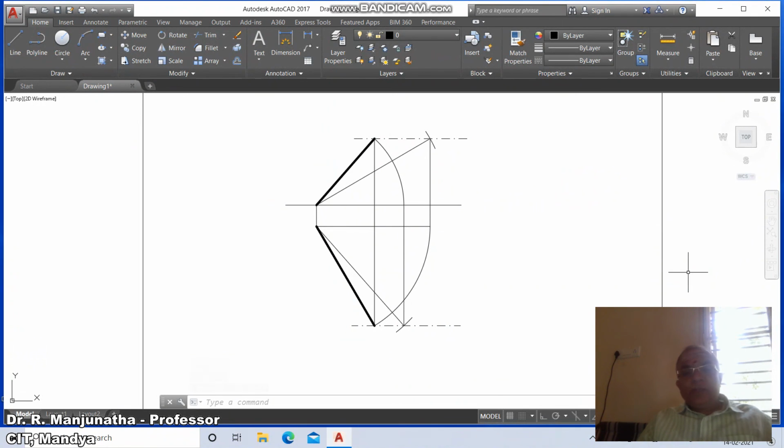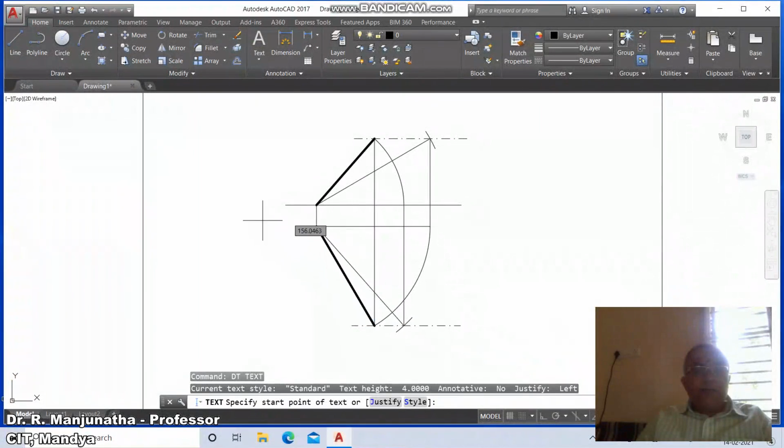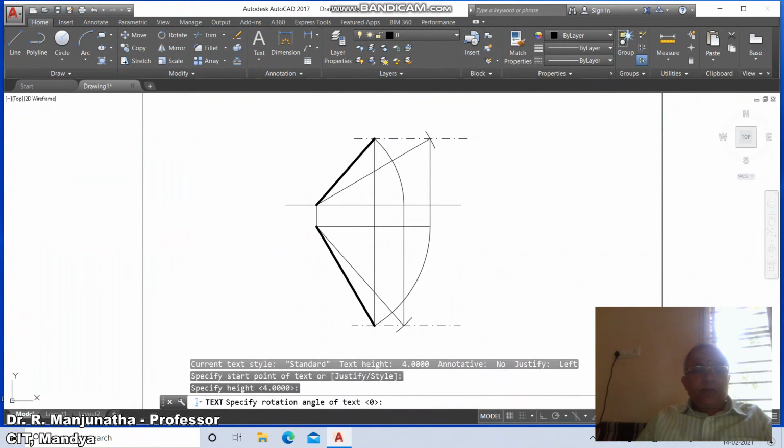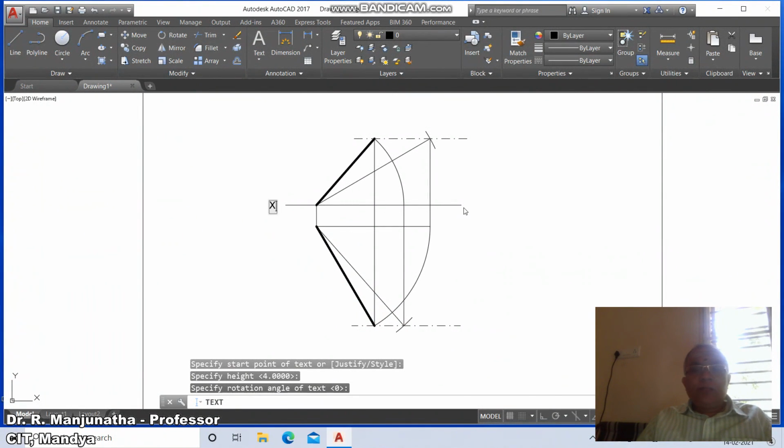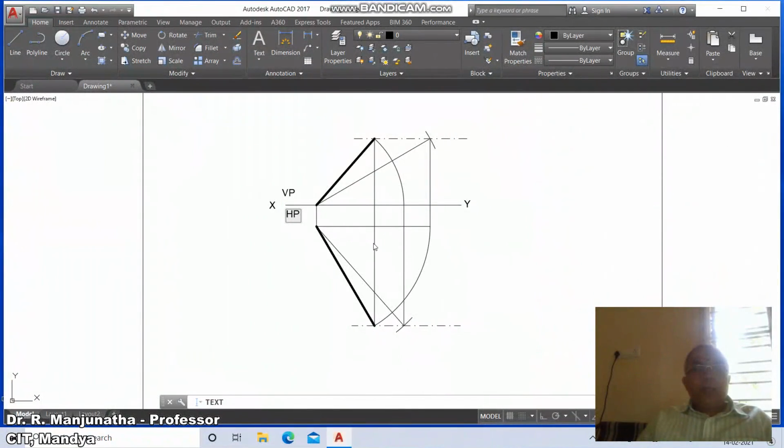Now we need to write the text matter. To write the text, go to D text. Here, put the caps lock on, type X, you type Y, you type VP, now, then HP, then you mark this as capital A, and you mark this as capital A, and you mark this as capital B, and you mark this as capital B, and you mark this as locus of B,